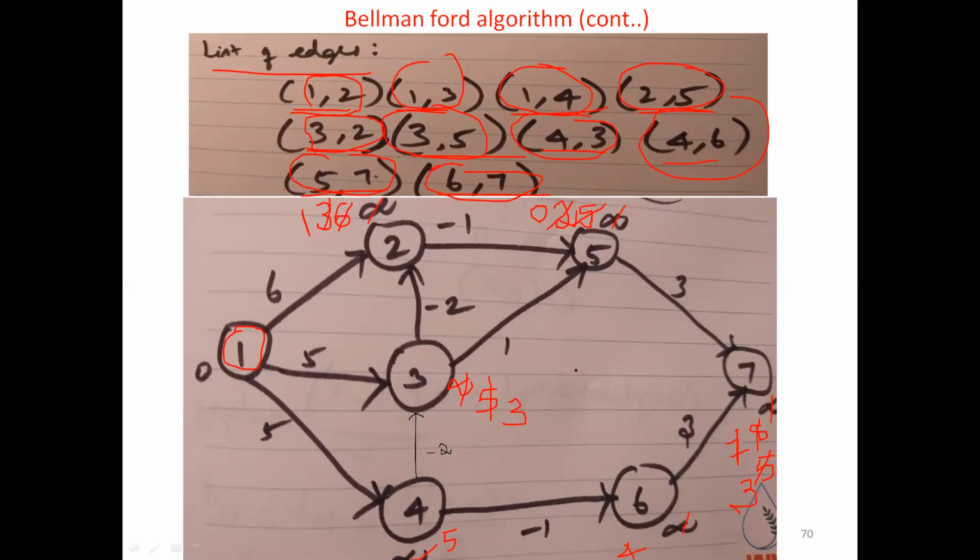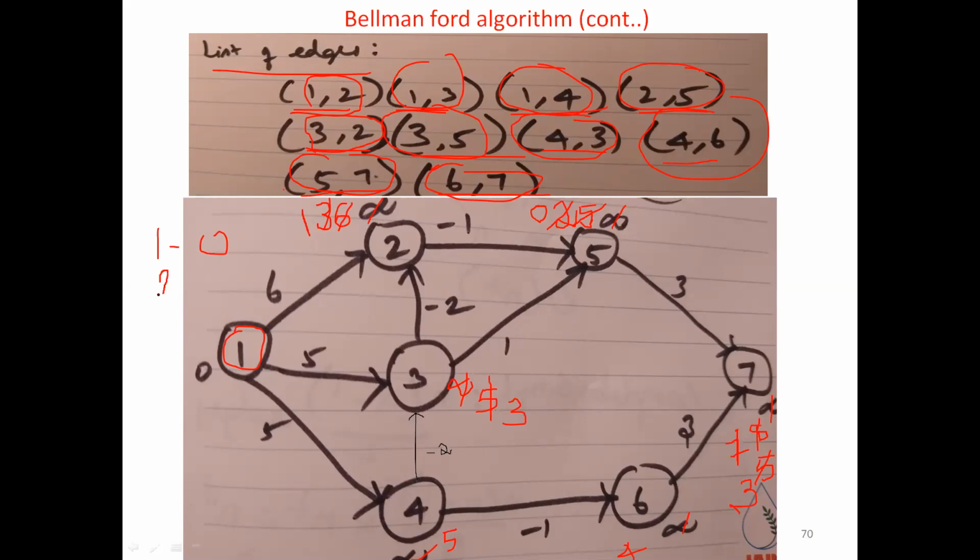If you are running code, we are writing code for this, and that algorithm will run for 6 times. But since we are doing it manually, we can stop at a particular stage when the value is not changing. Let us consider that at one stage the value is not changing. What is the distance for this? When I take 1, it is 0. When I take 2, I consider that the value is not changing after the third, fourth, fifth time, so I will stop now.